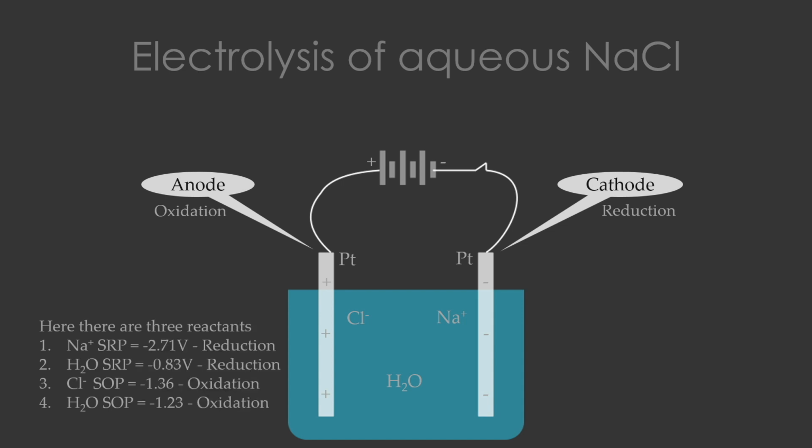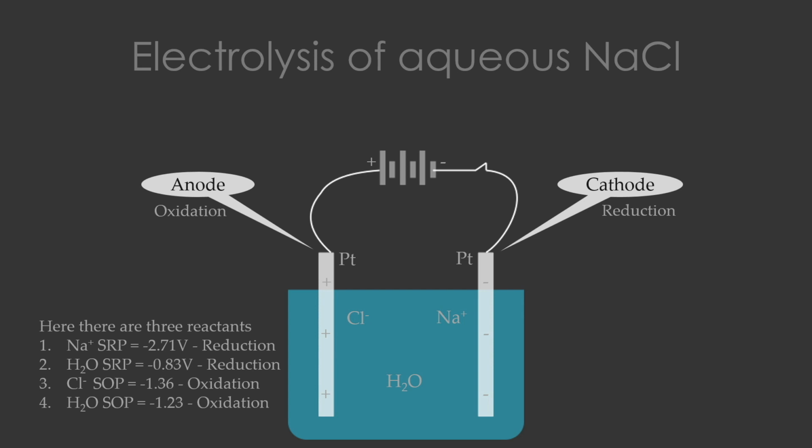Now here are the three reactants that we have. Sodium ions, the standard reduction potential is minus 2.71 volt. And water, the standard reduction potential value is minus 0.83 volt. So we're looking at the tendency for reduction. So between the two, sodium ions and water, water has a larger standard reduction potential value. Therefore, water will be reduced in comparison to sodium. So at the cathode, where reduction takes place, water will be reduced, and when water is reduced, it produces hydrogen